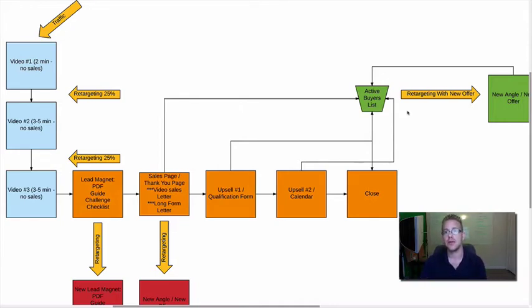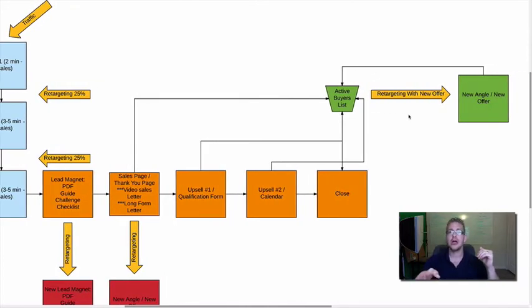It depends on how far they get within your funnel, which is why tracking is so important. So what happens after they become a buyer? Well, as you can see off to the right, we're going to retarget them with a new offer. So they've gone through the funnel, they've watched 3 of your videos, they've opted in, they've taken action, they've purchased, now they're a buyer. Now let's go ahead and get them through a new angle and new offer. That's going to be very beneficial for you to be able to stay relevant to them in their buying